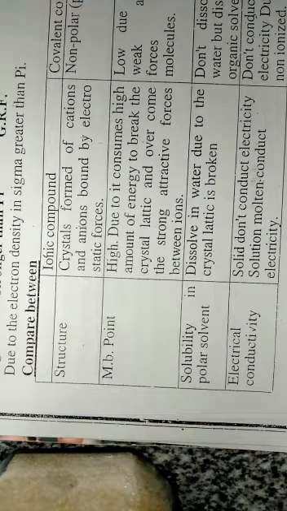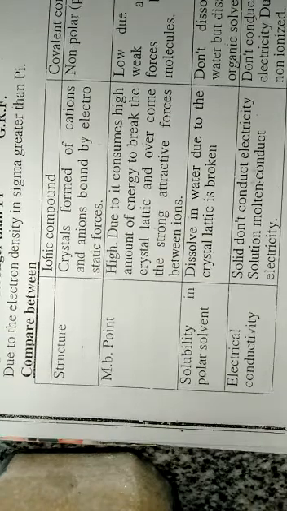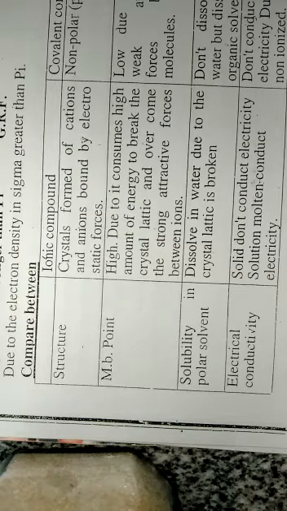The sigma bond is stronger than pi bond. Pi results from overlap of atomic orbitals side by side or collateral. Sigma bond is stronger than pi, electron density of sigma greater than pi. Ionic compound or covalent compound, give reason for: